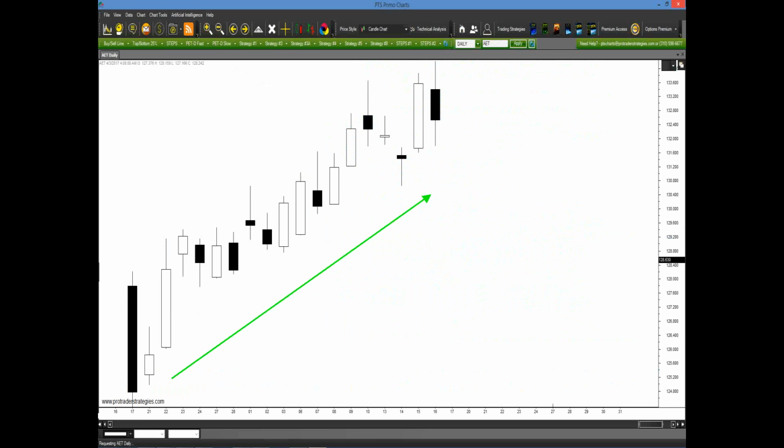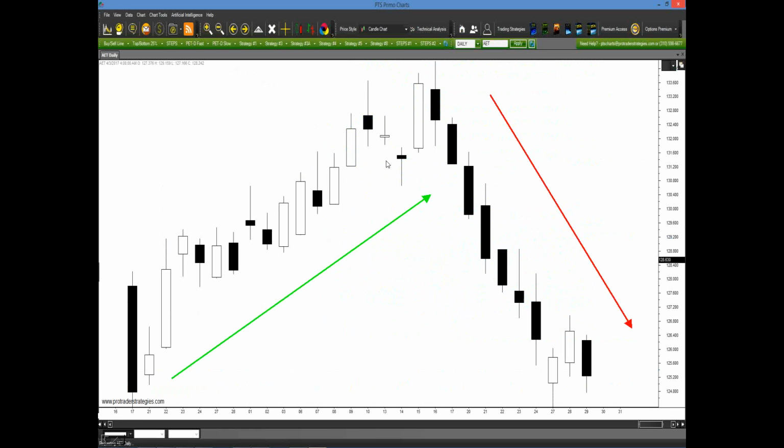For example, in this chart in Aetna, most people would say, okay, well, we're in an uptrend now, but by the time they figure it out, or by the time their indicator or whatever they're looking at tells them that you're in an uptrend, it's usually around right here. Wouldn't you have liked to know that you're in an uptrend down here? Now, by the time you find out, it's about this level up here. So let's say you like this stock, you decide to get in, and then look what happens. Wouldn't you have liked to have known that maybe around here it's not going to go any higher,